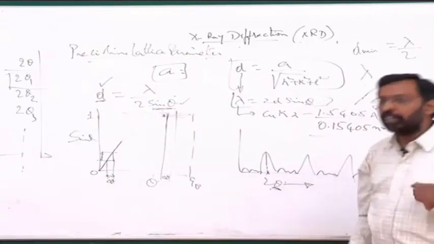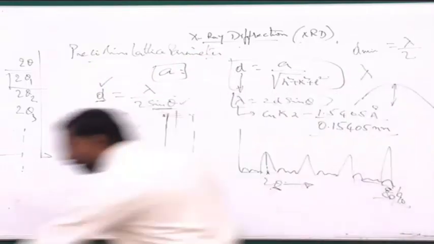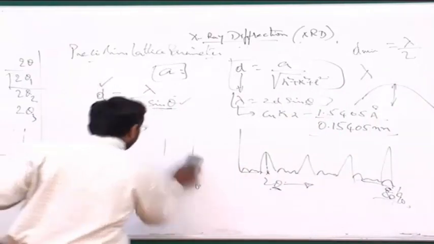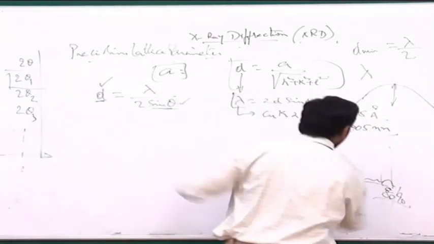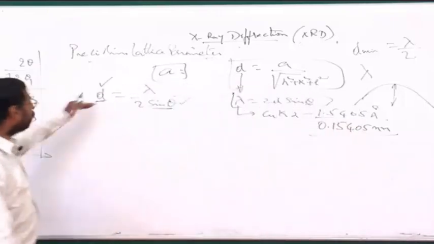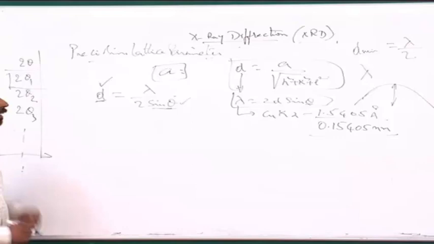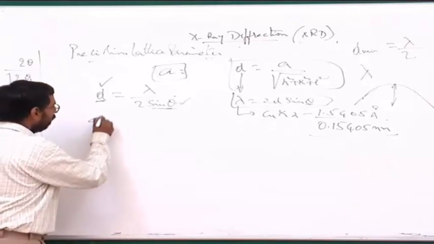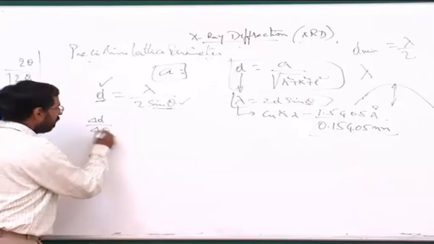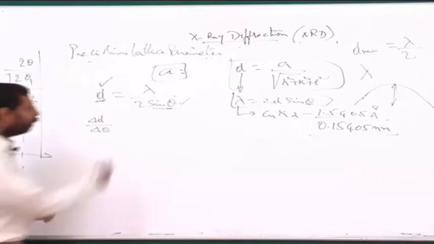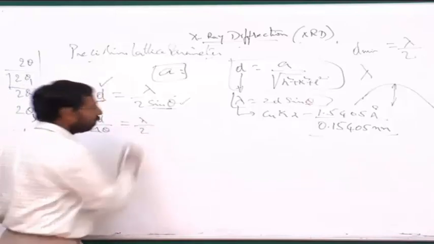To understand this, let's do a small calculation with this particular formula that we know. For example, if I know that D is lambda by 2 sin theta, I can differentiate this, delta D by delta theta. If I do it, d by d theta of D, this is lambda by 2,